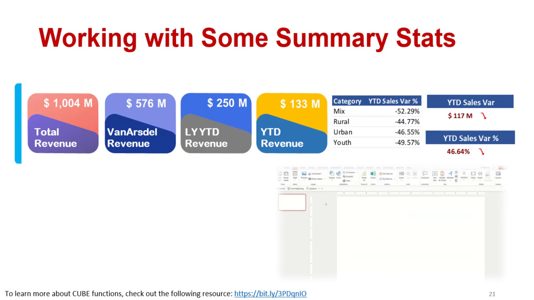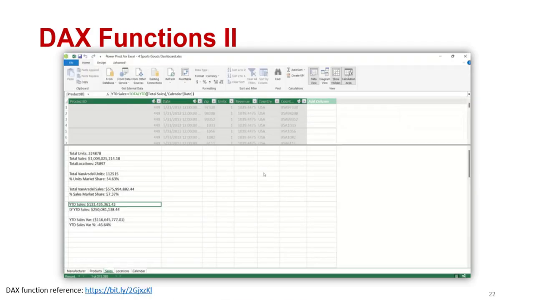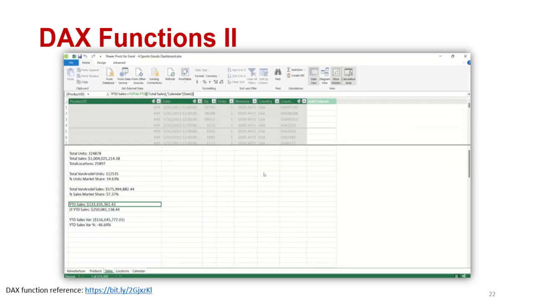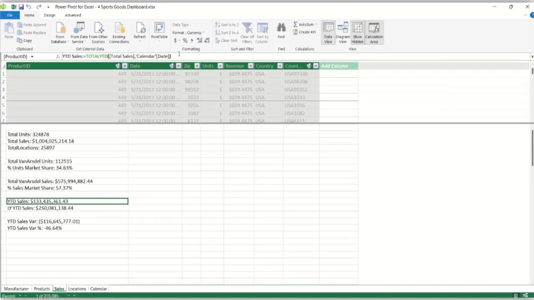Okay, so to learn more about the DAX functions that are actually used in our dashboard, you can check out the link. So the next thing is adding some more DAX functions to answer these measures, that is LYYTD and YTD. So in that case we are going to add some TOTALYTD function, that is again a DAX function. So these two DAX functions, we can find the sales for the year to date and last year to date sales value, and